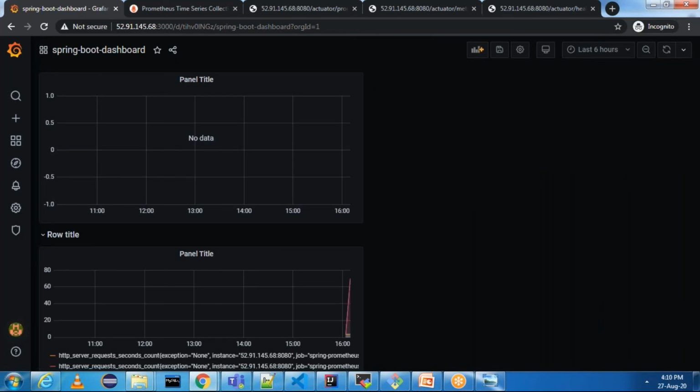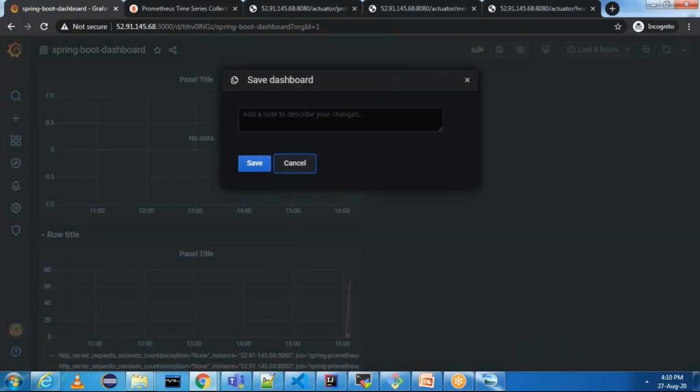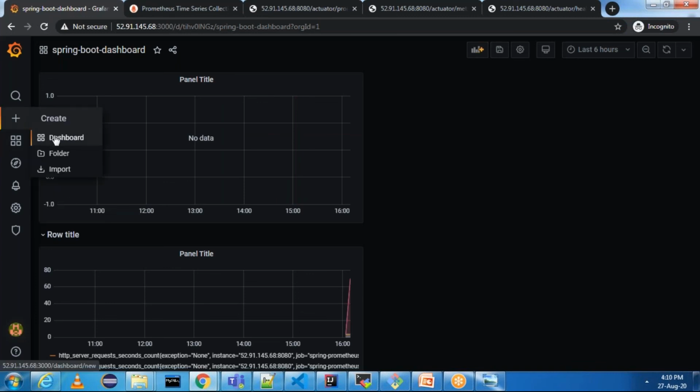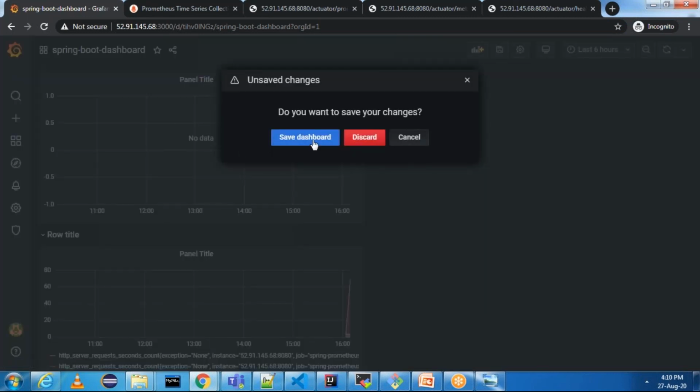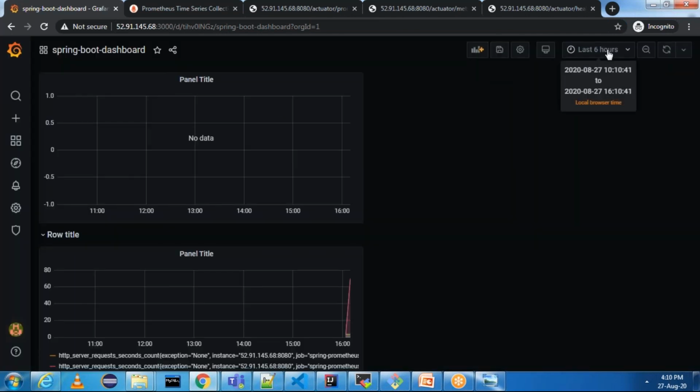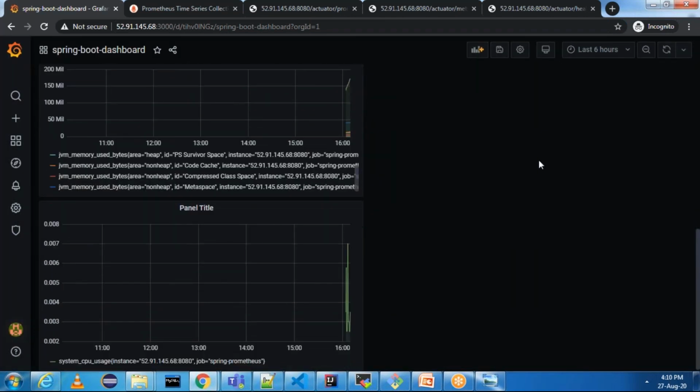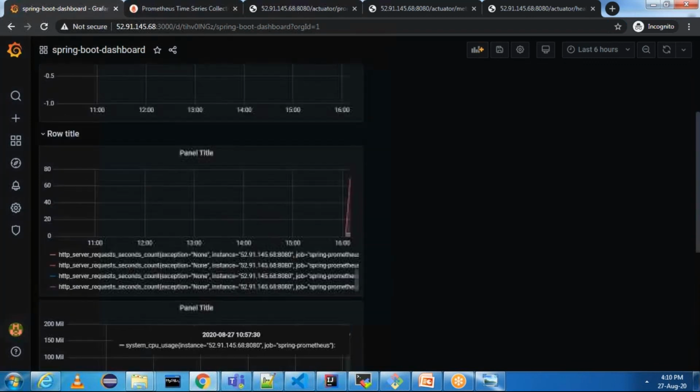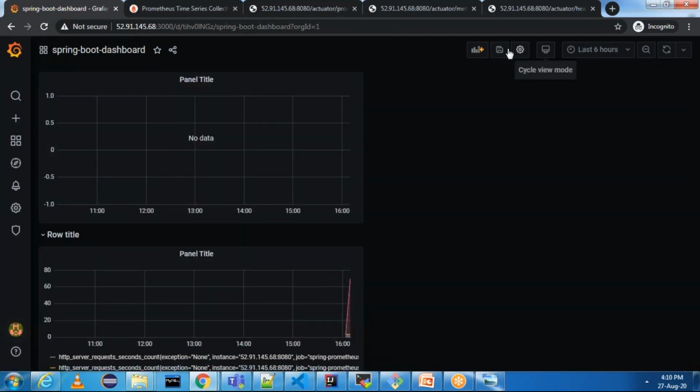You can say apply and just save the dashboard. Just go to the dashboard. You can scroll down and you can see system CPU usage and other things as well.